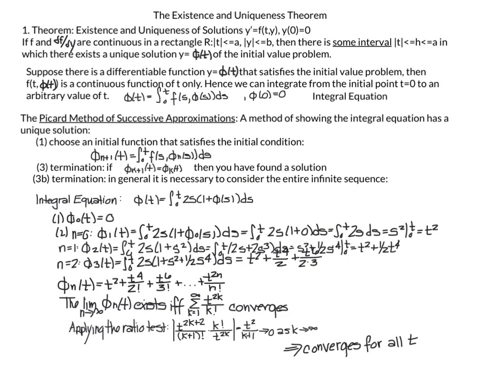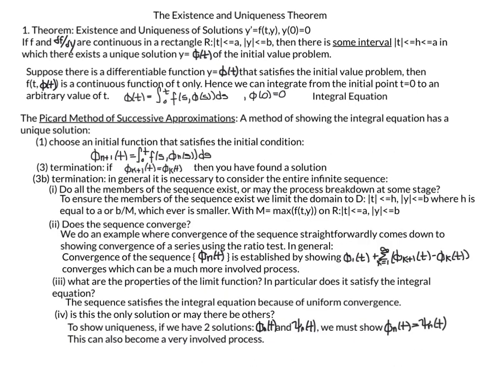We did an example of this Picard method, which was very straightforward. And after we did that one example, we looked at, in general, for the Picard method of successive approximations, these questions to determine what we can expect from the method and how successful we will be in trying to prove existence and uniqueness. The first question: do all members of the sequence exist, or may the process break down at some stage? And the answer was we would ensure that all the members exist by limiting our domain